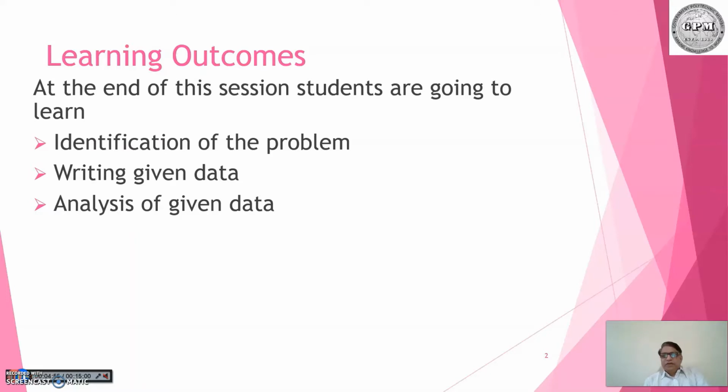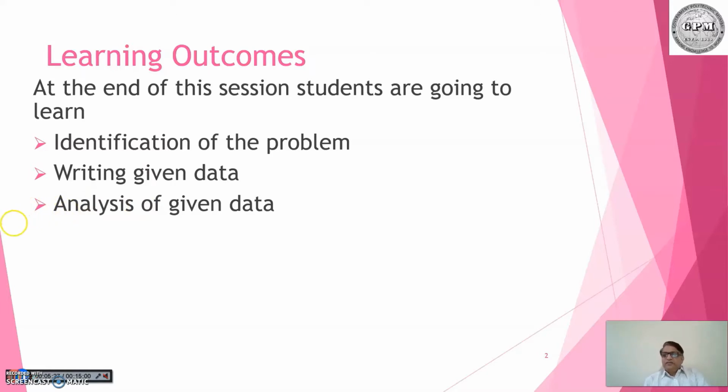Say, for example, a torque. If you use it, what is the torque equation? It is power related, right? Power is equal to 2 pi N into the torque divided by 60. If you know this equation, then you know the three variables: one is the RPM, another is the power, and another is the torque. If two of them are known to you, then the third we can find out.